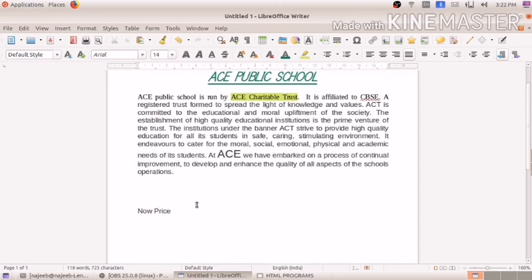Price, like this. Strike through. Rupees, what does it mean? Now the price is 900 but not 1200, it is reduced as an offer, and at that time you can use this strike through. Otherwise, if you want to strike anything anywhere, you can use this strike through. So that's all about today's topic.